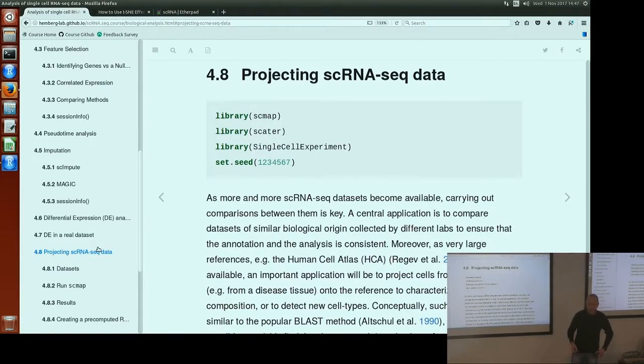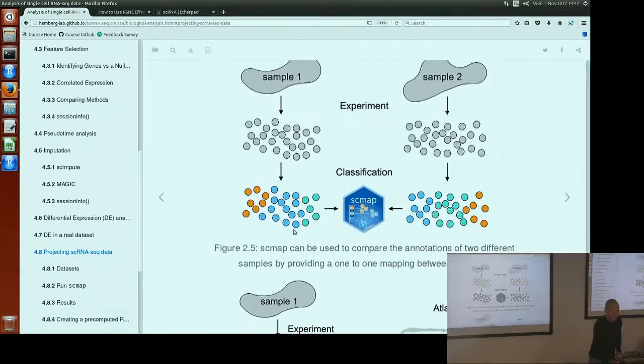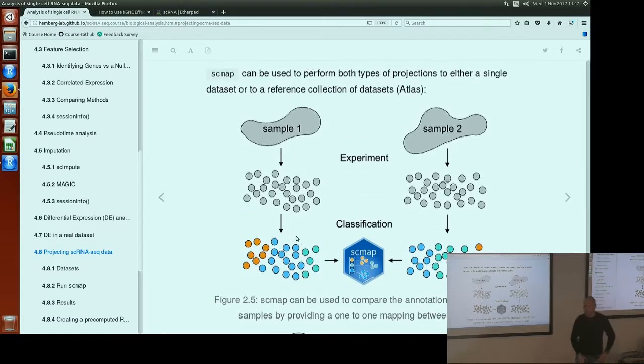So here I'm presenting the package called scmap, which we developed ourselves. And what it does, it has two purposes. So one purpose can be,